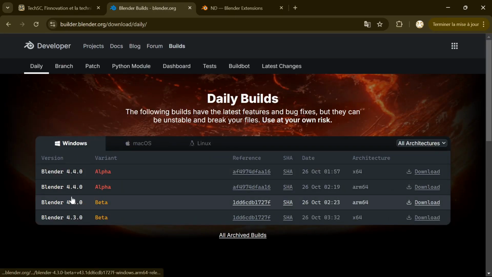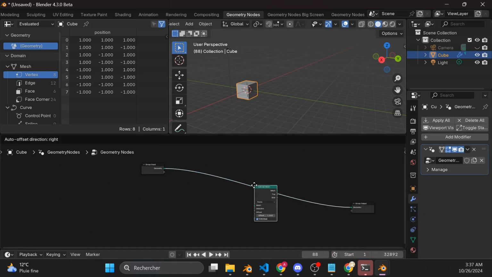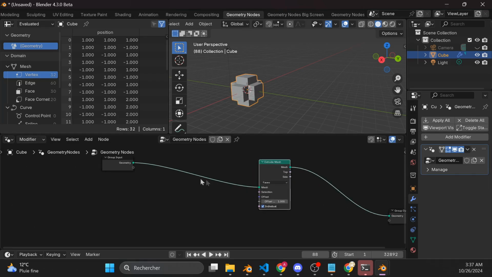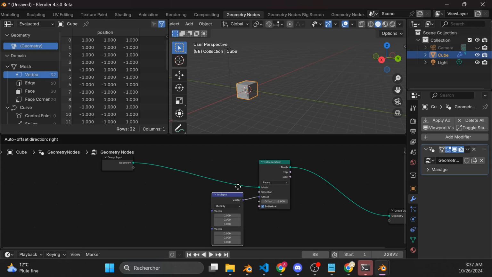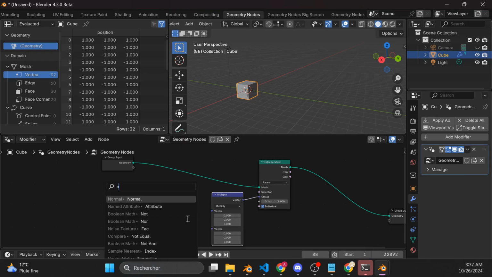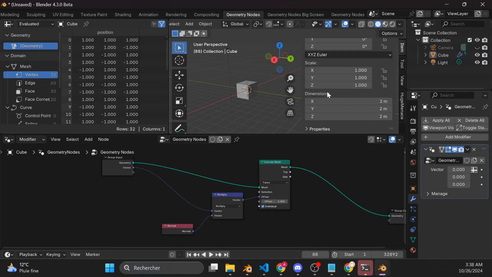Let's use the details of the extrusion node to understand. I downloaded Blender again since my version is a beta and already 5 days old. I take a base cube, add one extrusion node and reveal the end panel to see the scale and the dimension. So it's clearly two different things. When you work with geometry nodes, you have to ensure the scale is always at 1 on each axis. Otherwise, that will not be what you see is what you get.